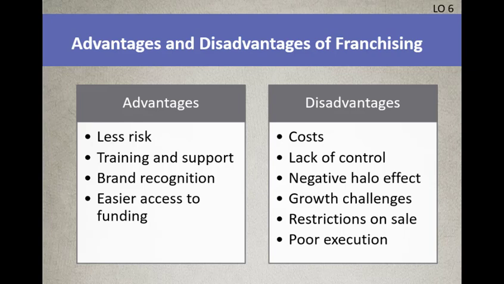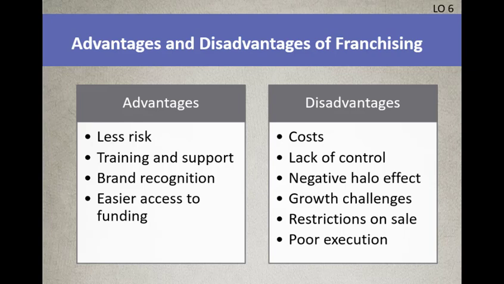Advantage, it's less risk. You're getting into a business that's already established. Just happened to be in Erie yesterday during all this mess, picking up some food. And Steak and Shake on Peach Street is for sale. $10,000. They have a sign out there saying, invest in this franchise, $10,000, 50% profit. That's a tough call right there, because 50% profit, it all depends on where they're calling that profit at.